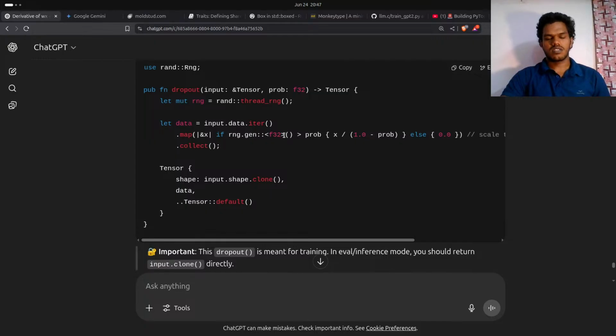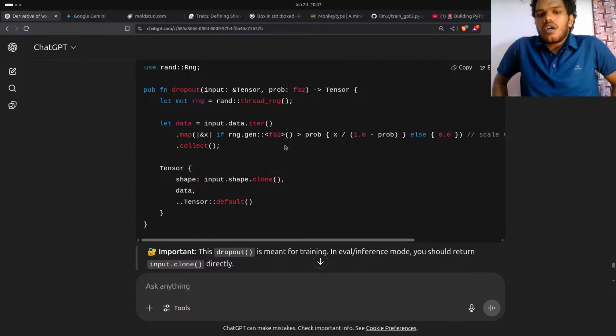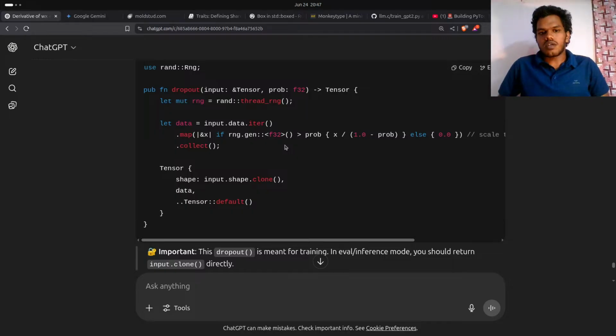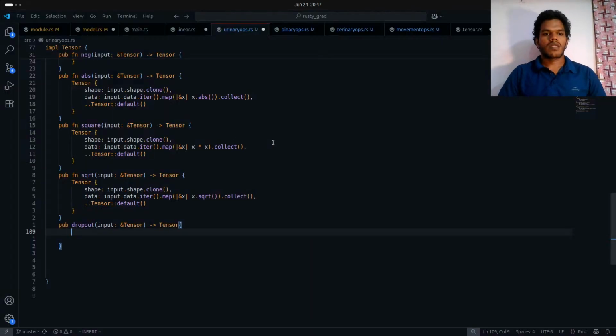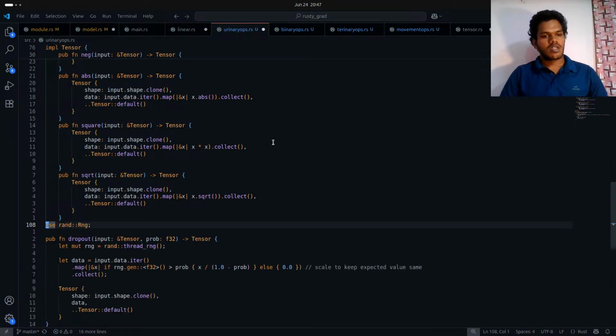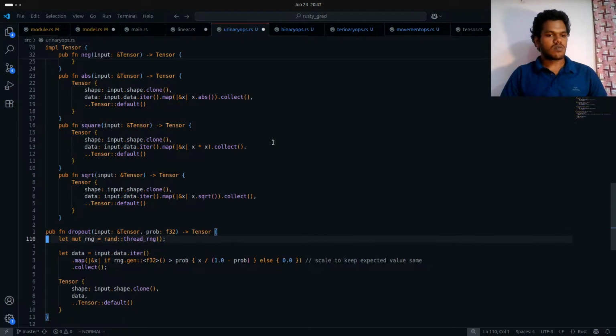Yeah, calling some method here, and that's going to take some type. Okay, let's just put that here, so we don't need